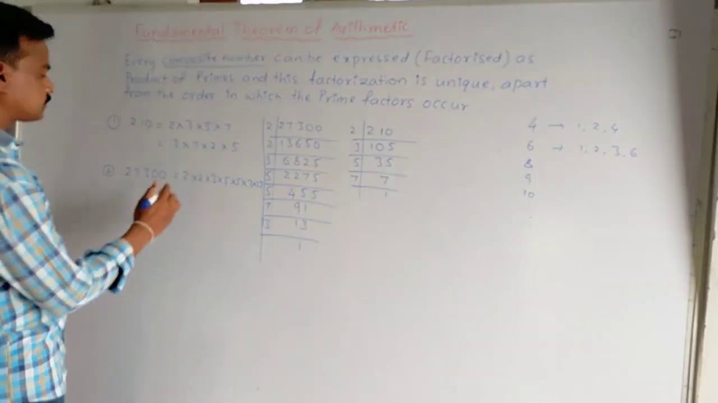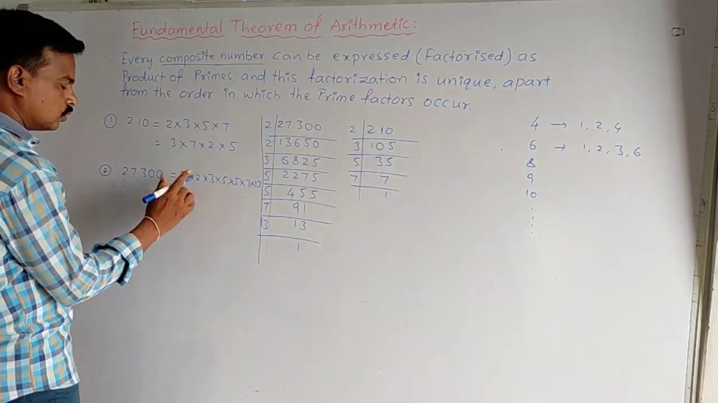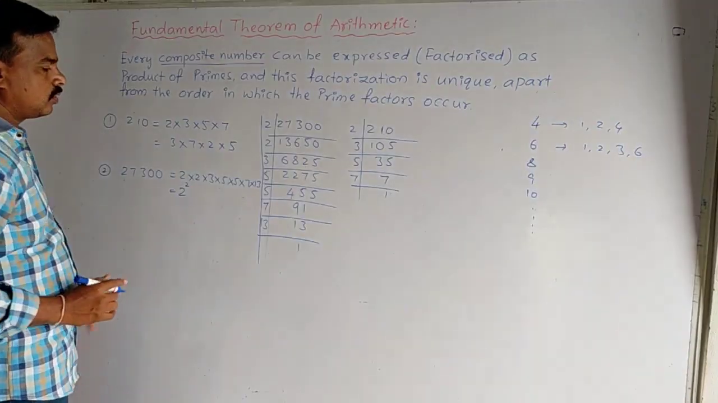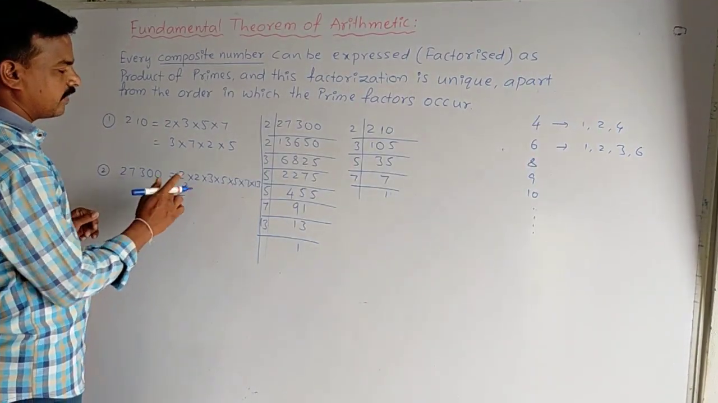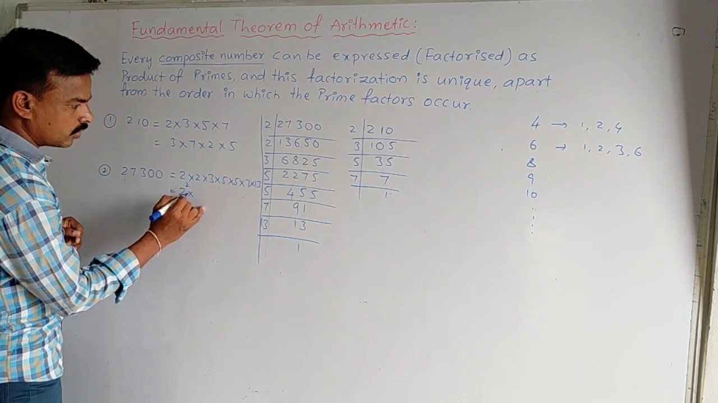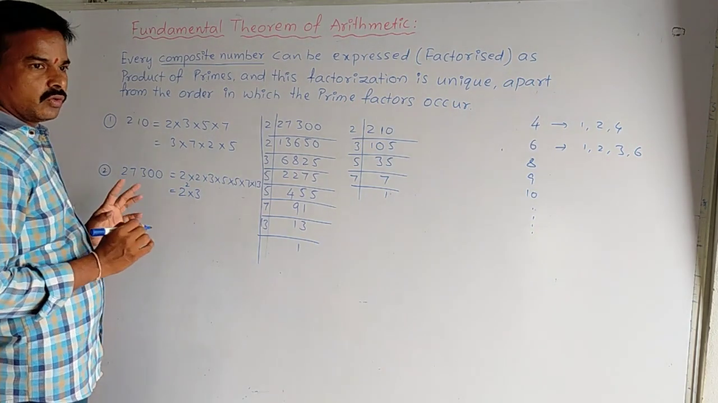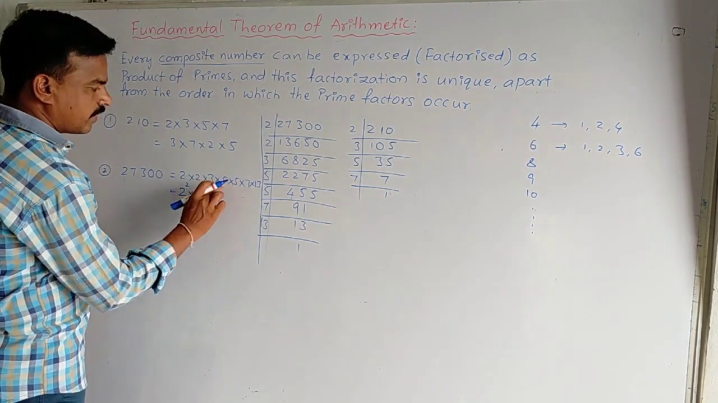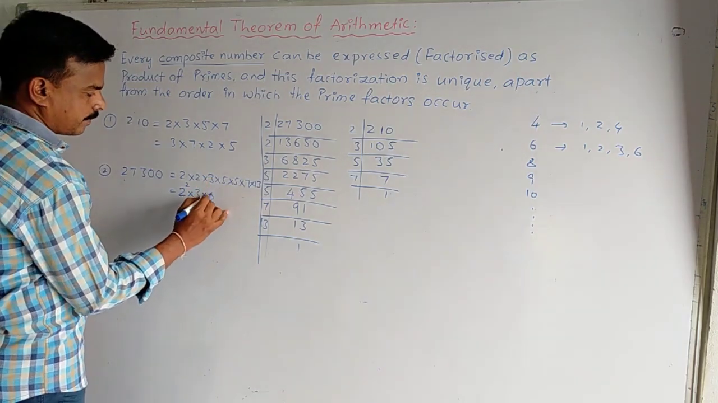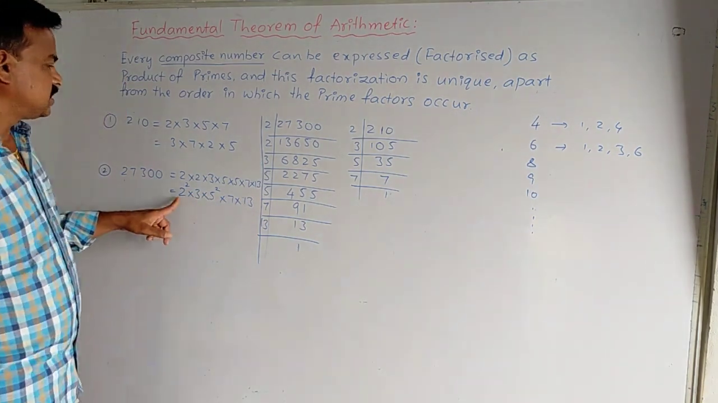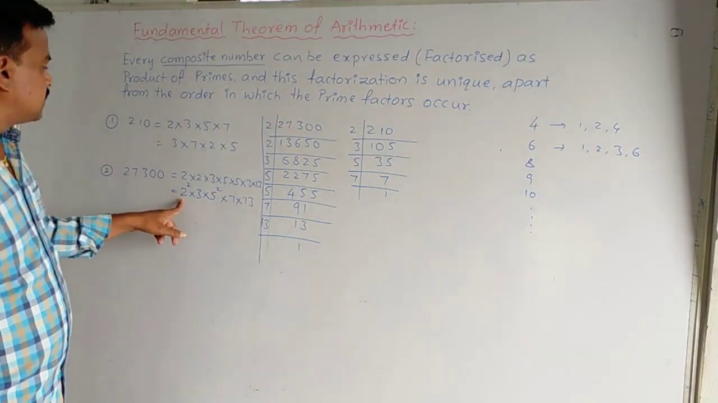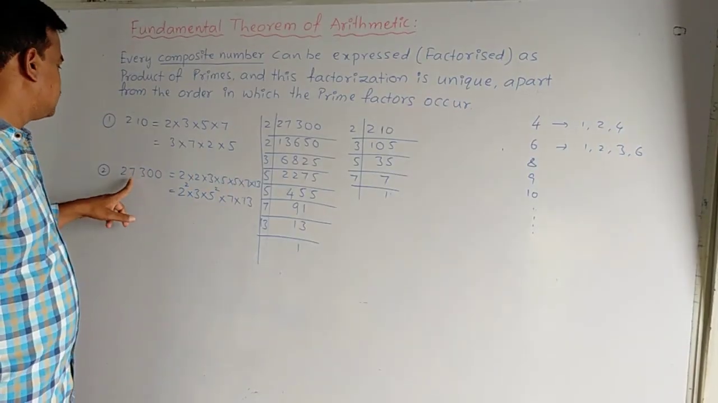So now you see, we can write this 2 into 2 as 2 square, 2 multiplied by itself 2 times. That's why we can write 2 square. 3 is only one time there, so 3 only you should write, into 5 into 5, 5 square, into 7 into 13. So this is the powers form of prime factorization of this number